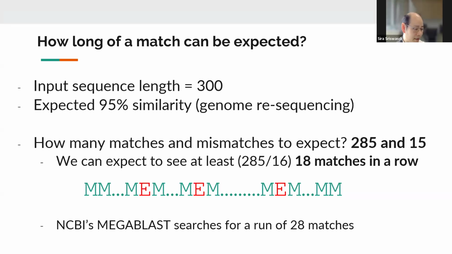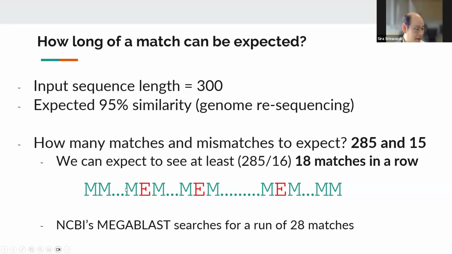Okay? So let's think, if we have 300 positions, and we have 15 positions that do not match. Let's imagine that we have 300 characters, and M stands for matches, and E stands for errors. Errors mean a mismatch. So we have 285 M's and only 15 E's. At best, if you want to place the E's into this sequence so that the length of consecutive M's is as short as possible,